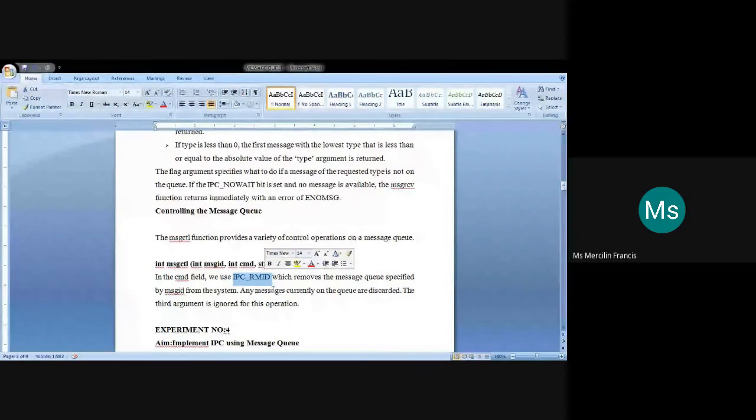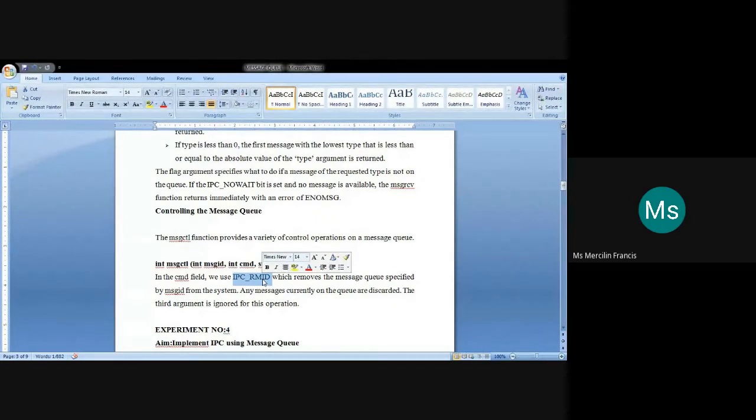It identifies the message queue based on the message ID that is taken. So with msgctl, if the variable that represents the message queue is given and the command is IPC_RMID, then that corresponding message queue will be removed from the system, and all the messages stored in that queue will be discarded.